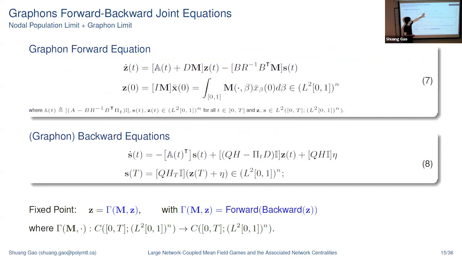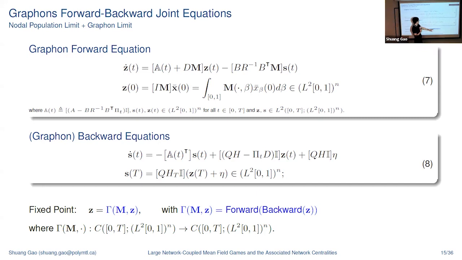And if you replace the object by the limit object, the limit function graphon, then we have a limit representation. Now, to solve these equations, that involves the standard step of constructing a fixed point map. You write each of these differential equations in the integral form, and you plug S into here using the integral form, and identify a condition that tells you the fixed point map is contracting, where the fixed point map simply